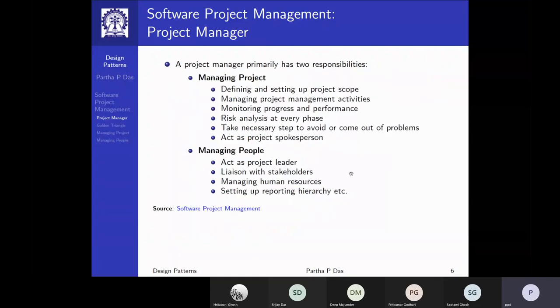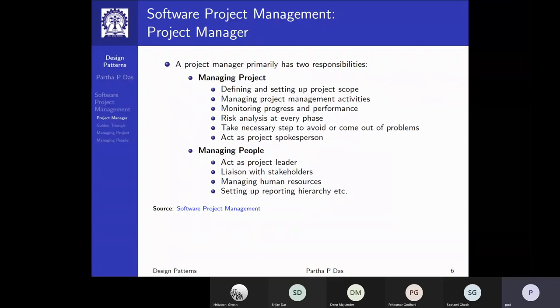So a project manager typically has two groups of responsibilities. I'm talking completely about software project management. Naturally, one is managing the project itself, defining its scope, monitoring progress, analyzing risk, and so on.